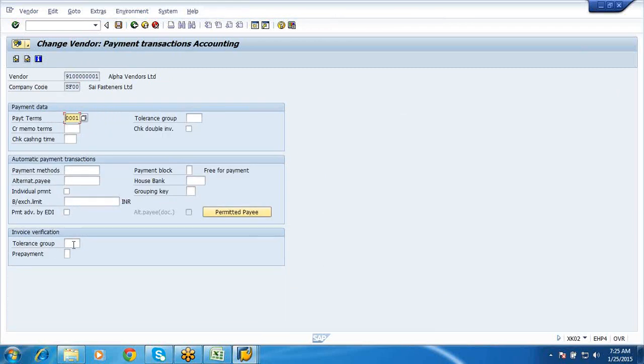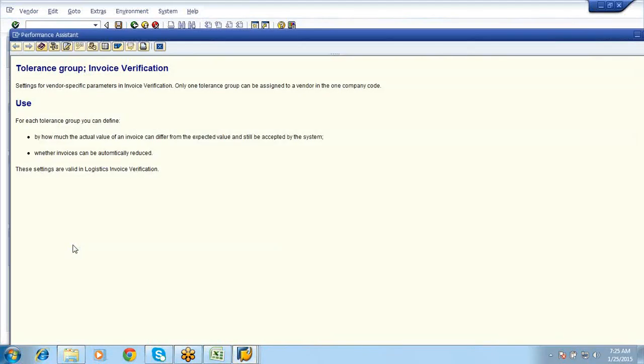See here, this is the tolerance group where we need to give it. Then only your tolerances will be calculated or controlled.